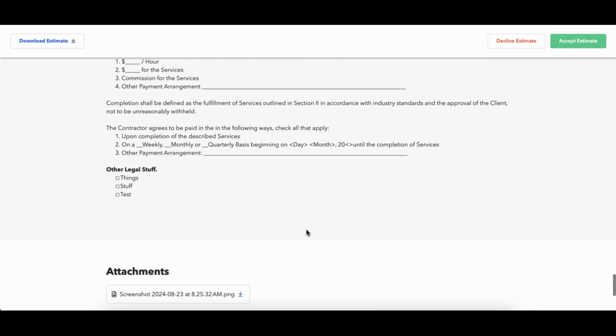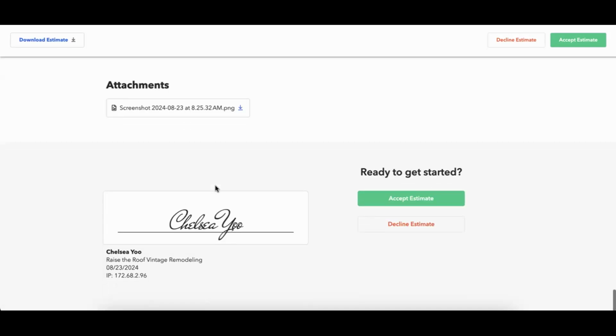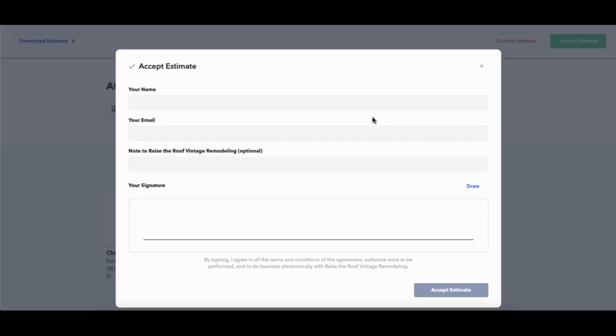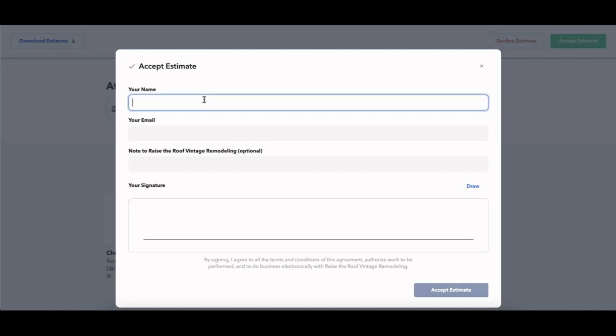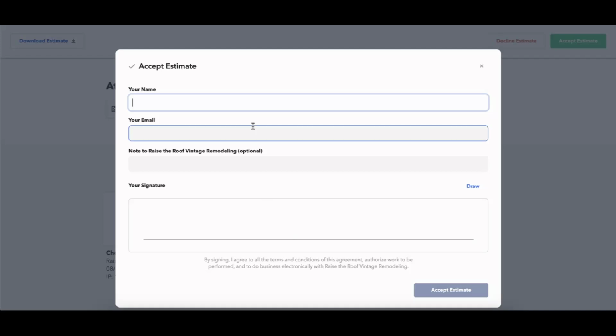They'll see the contract. Any attachments that you've added will be a downloadable link for them, so they won't get to see a preview of it, but they can download it. And then when they're ready, they can get started by accepting the estimate. So all they have to do is click on accept estimate. And this is where they'll be able to sign for that estimate. So then they can put in their name, their email, a note if they wanted to, and then their signature right here. Once a client approves an estimate,